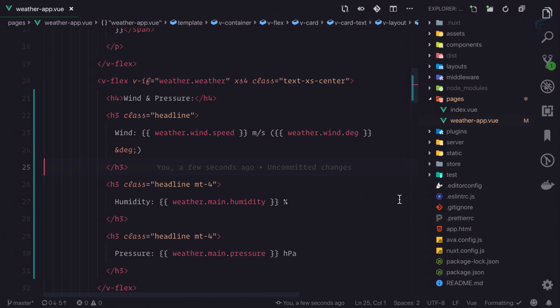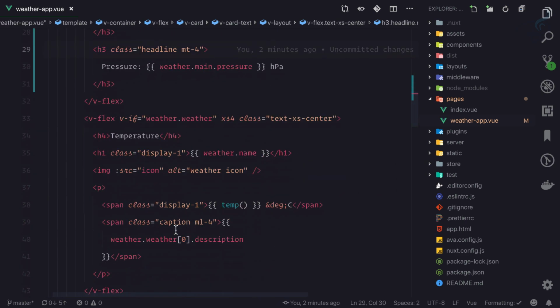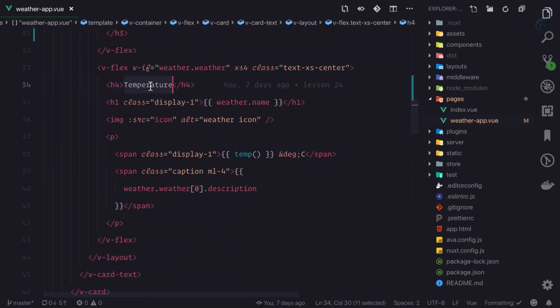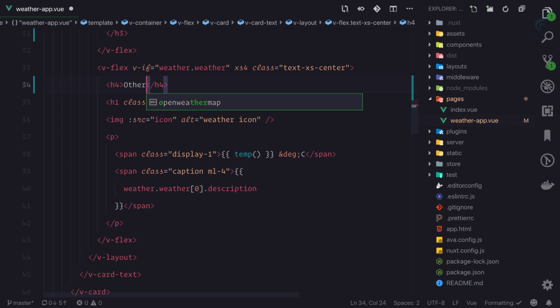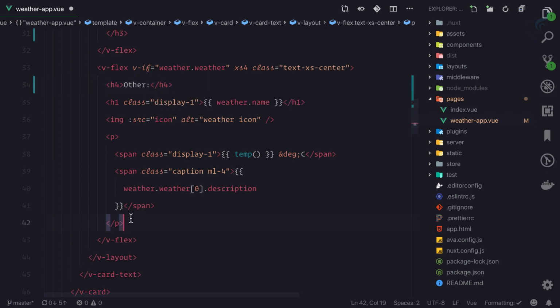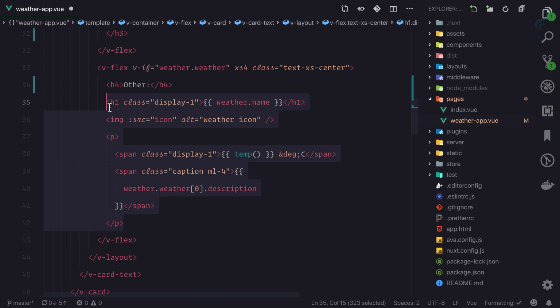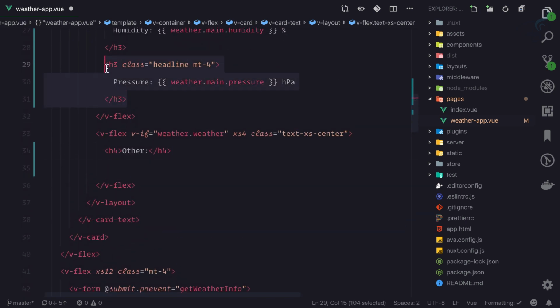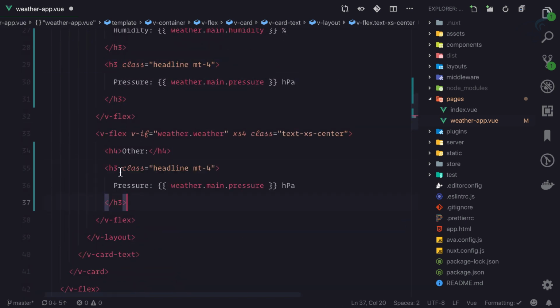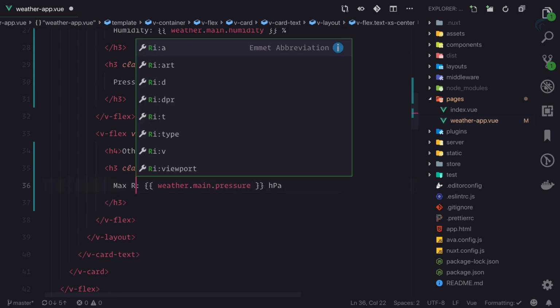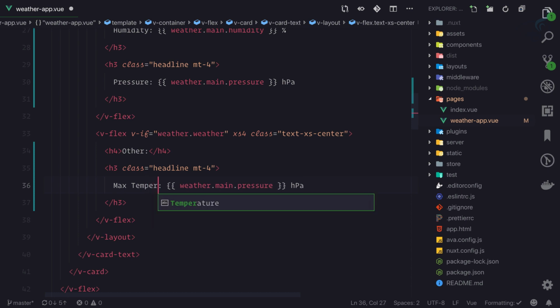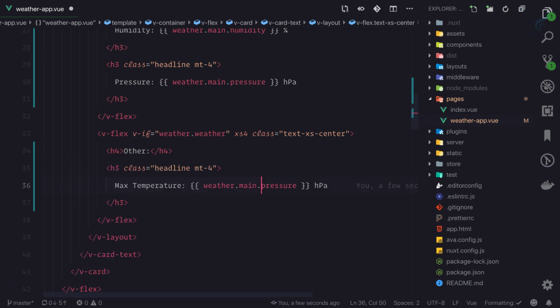So again, go to VS Code, weather app.view, and on the last section, I will say here other. And here, let's again remove everything. And I'm going to copy H3 from here so that it will be consistent in styling. Then I will say max and then temperature, and here what we need to do, we need to say weather dot main dot, instead of pressure I